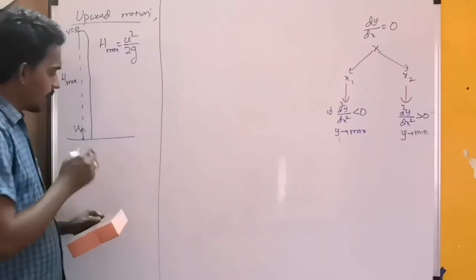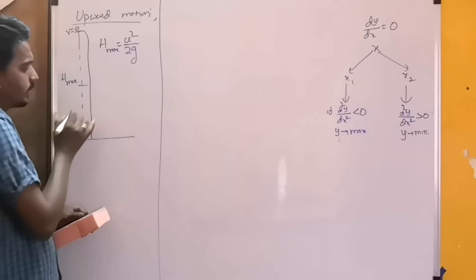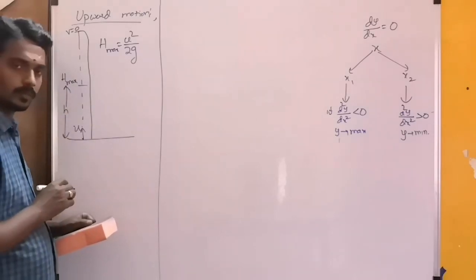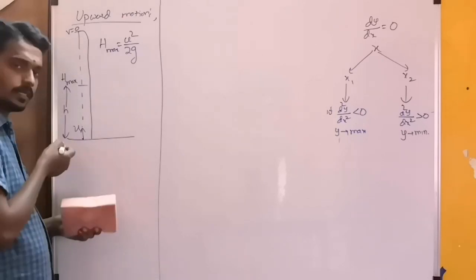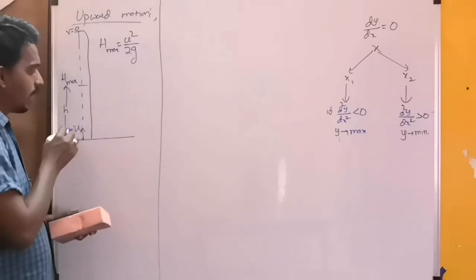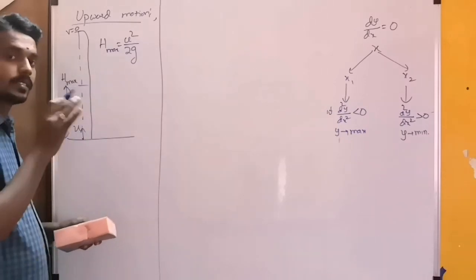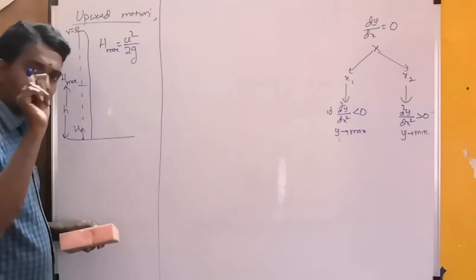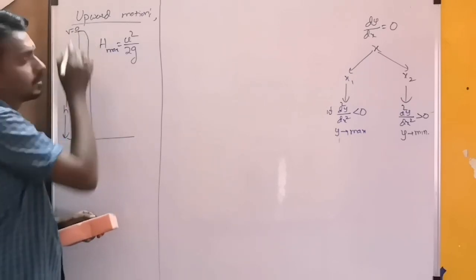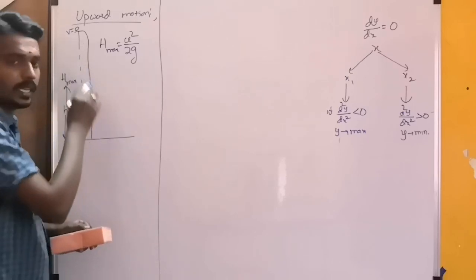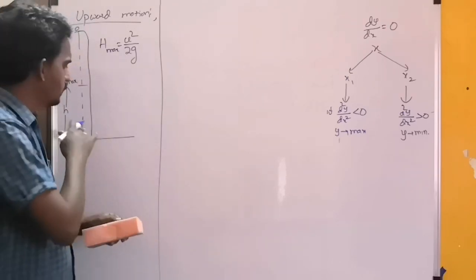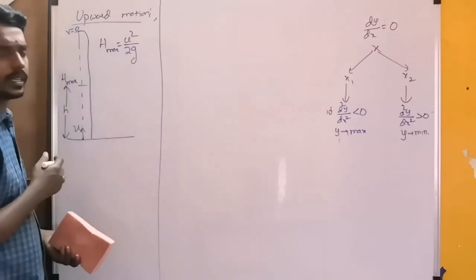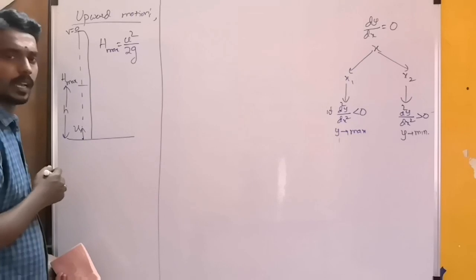Now, as it is going up, at any instant, consider the height is s, so the displacement is h, small h. As it is going up, time is changing, height is also changing. At a particular time, the displacement becomes maximum. Here displacement is nothing but height. So what is the equation for displacement for motion under gravity?